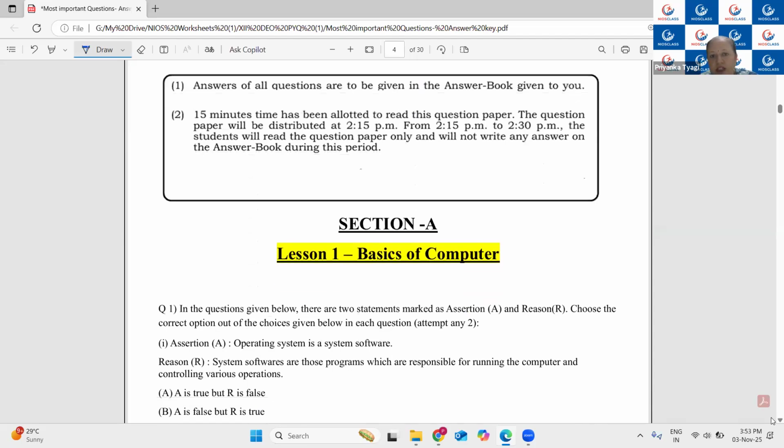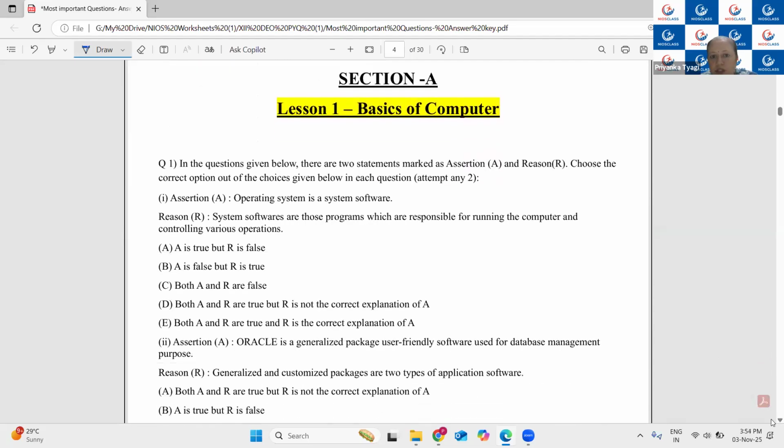When you go for the examination, usually the timing of the examination is 2:30, and you will get your paper 15 minutes before, at 2:15 p.m., because those 15 minutes are completely for reading time. This is a very crucial time, which you can utilize for answering questions as much as you can. I recommend you please read all your section A questions very carefully and start thinking about your answers. It is a better approach, because when you solve your paper in those 15 minutes, the rest of the time you will have for your